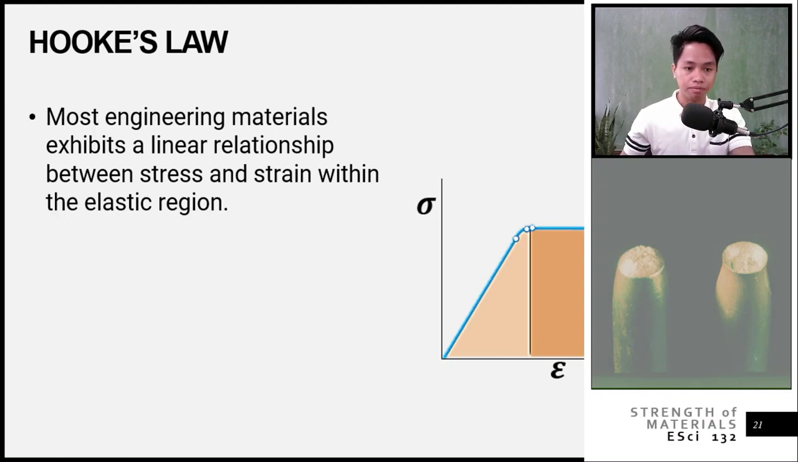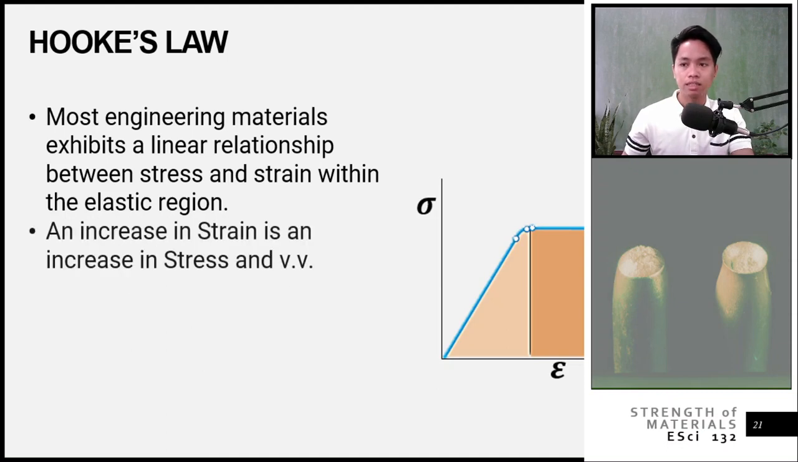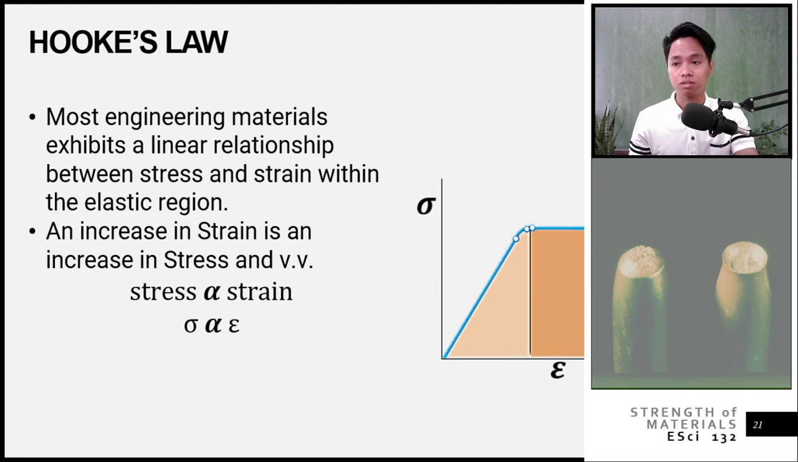So what does it mean? It means an increase in strain is an increase in stress and vice versa. So if strain decreases, stress also decreases. In relationship, stress is proportional to strain. Proportional means they are directly related. So stress is proportional to the strain, or in designation, sigma is proportional to our epsilon. All right. This relationship about stress and strain within the elastic region of different materials was discovered by